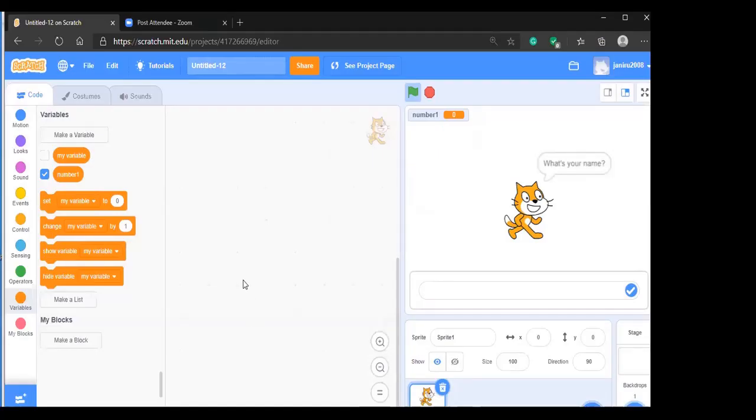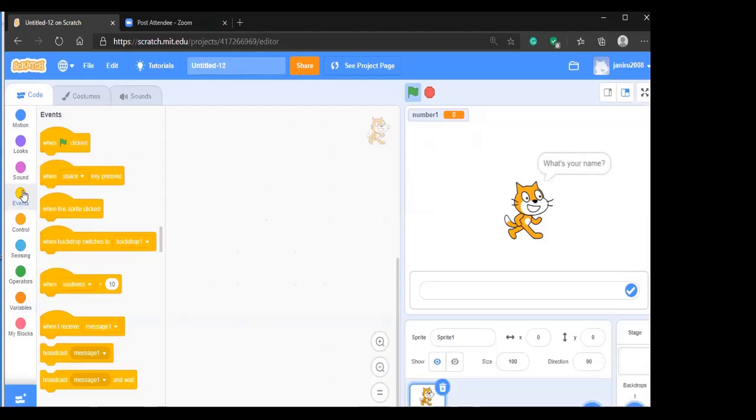Okay, so now we will go to Scratch. This is a visual tool, so you can drag and drop instructions. First I will go to the event section and drag the event "when this flag clicked". This means it will start. Now this is the starting point. When I click this green flag, it will start this program. So this is my starting point.